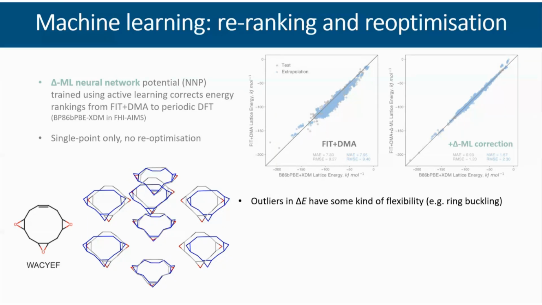the cases where CSP doesn't rank the experimental structure well, are cases where there is some sort of flexibility in the molecule that isn't well described, that you can't describe in terms of isolated rotatable bonds, like, for example, ring buckling. So what you see here is that for this example system that has this quite large ring, the blue structure is the CSP one, the element colored one is the experimental one, and you can see these don't quite match up, and that's because our optimized molecule is not close enough to the experimentally observed conformation.